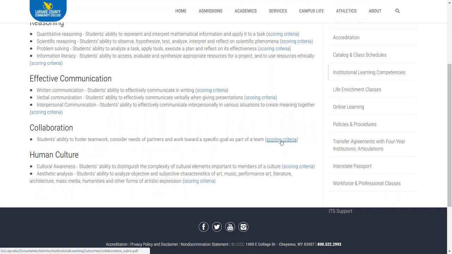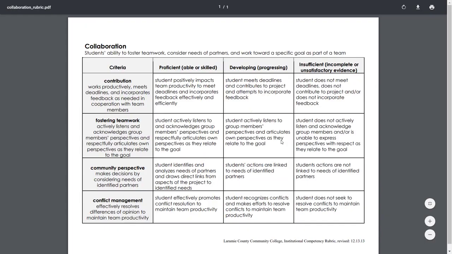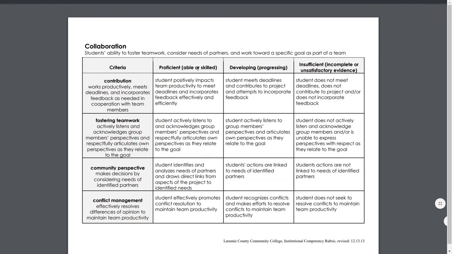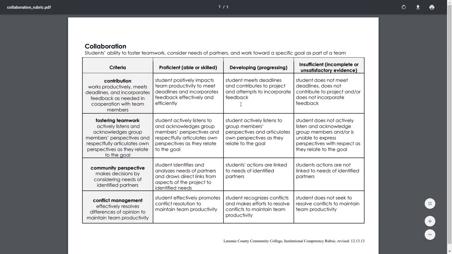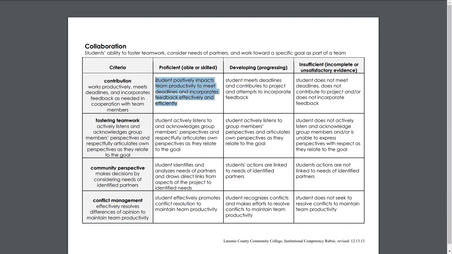We're going to go ahead and open up one of these rubrics. We'll use collaboration. Here's the collaboration rubric. You see across the top are our levels of proficiency, and below that are the criteria. Now, what you're not going to see in Canvas, and we'll get to that, are these descriptions here. So you'll want to use these rubrics as job aids as you go through and grade or assess the competency